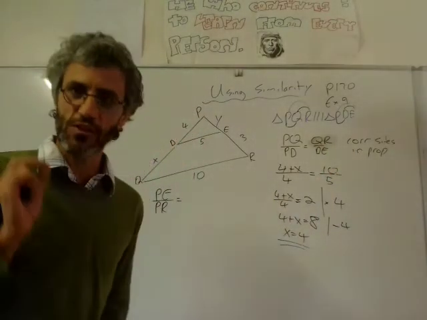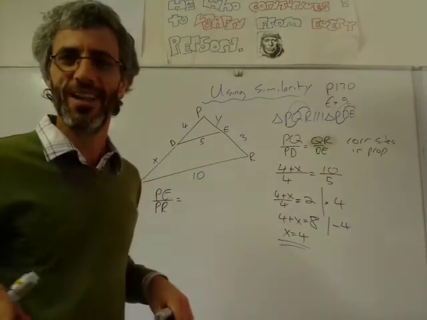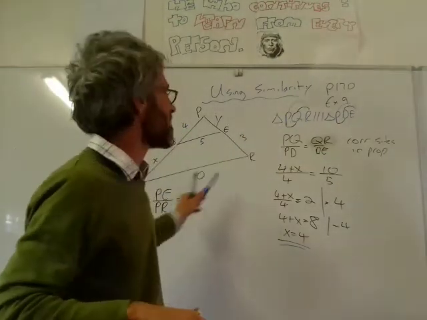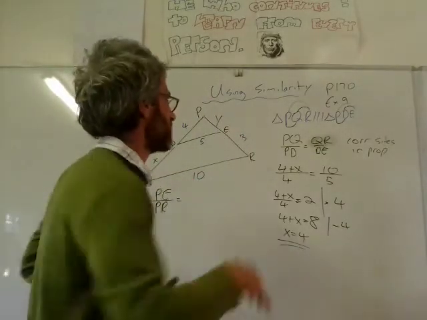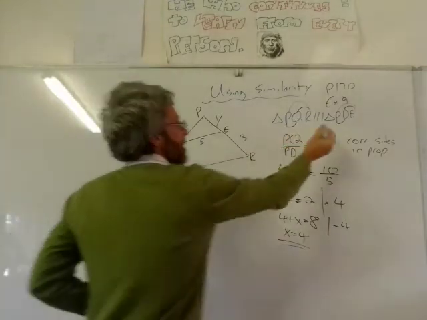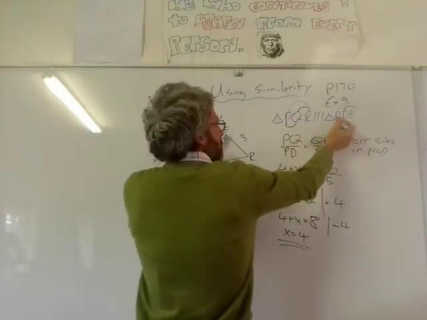I'm looking again for sides that are pure numbers, because I don't want x, even though I know x now. It's not a big deal, I can do that. But let's look for two sides of which we already know the numbers. Which sides do you already know the number? The 5 and the 10. So PE over PR is going to be equal to